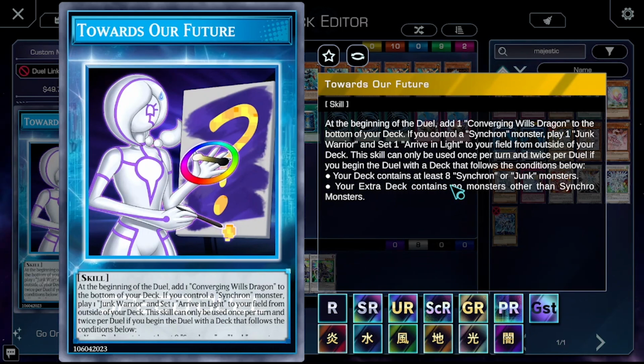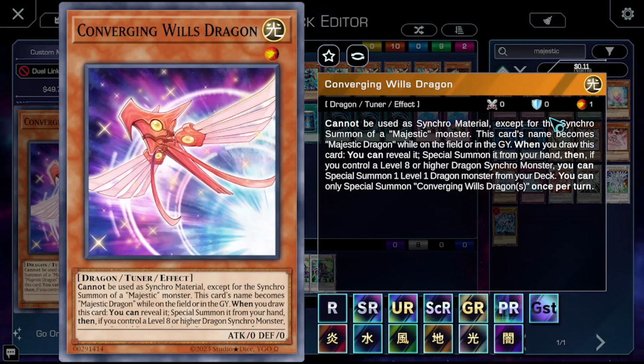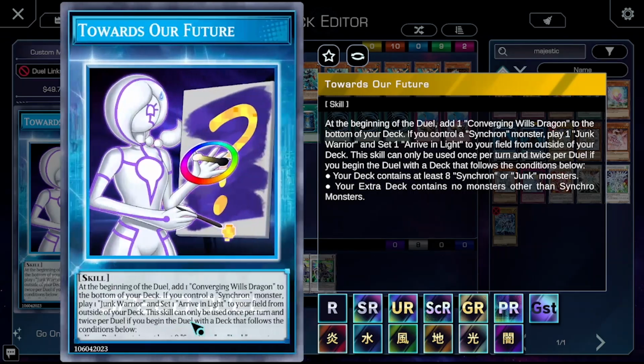It requires you to play Synchro and Junk monsters, but how the skill works is basically it gives us access to these powerful Majestic Dragon retrains that we don't have in the game yet. I don't think these cards are too strong to be added to the game. I think they can be added and no one will play it, but the skill also lets us access it